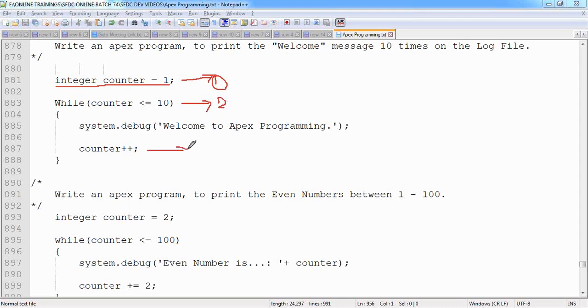And then we are incrementing or decrementing the value by using a separate line of code here. That means these 3 statements are common everywhere. In every program, we have followed that same 3 steps. So in this case, what happened? We are writing 3 lines of code to initialize, to check the conditions, and to increment or decrement